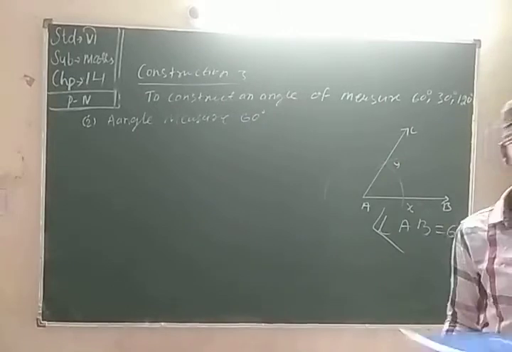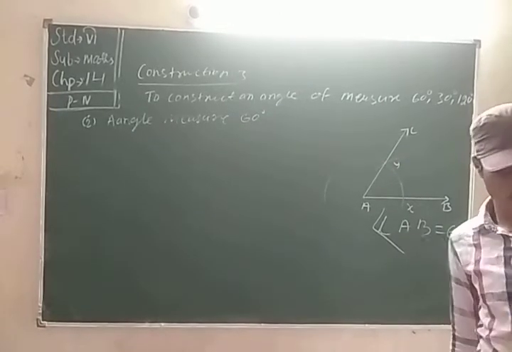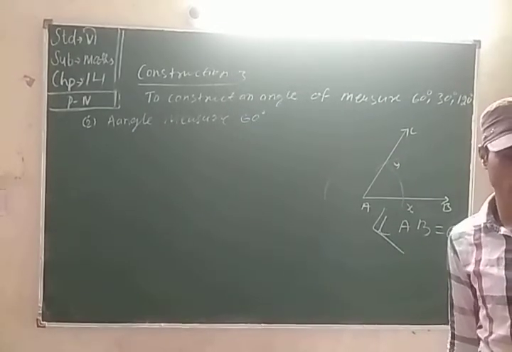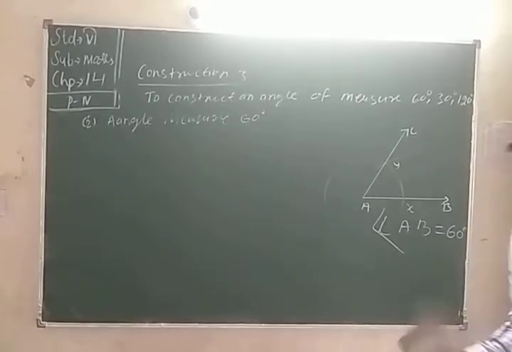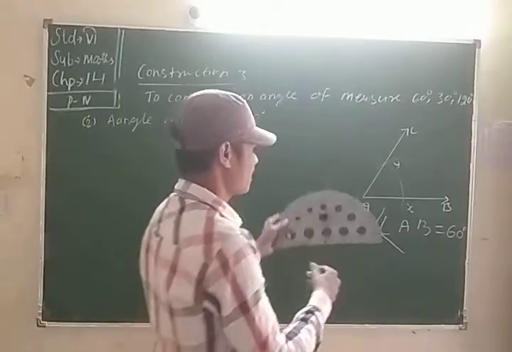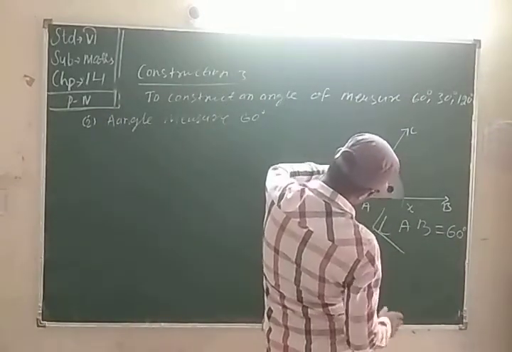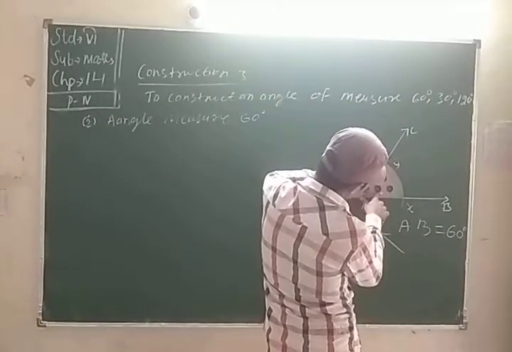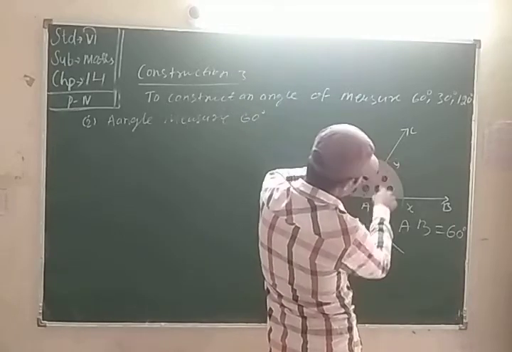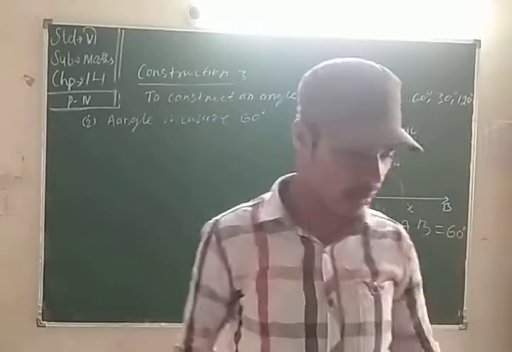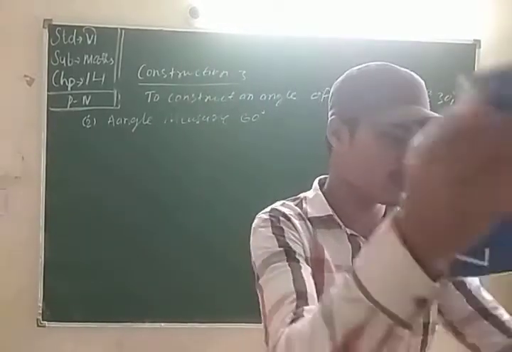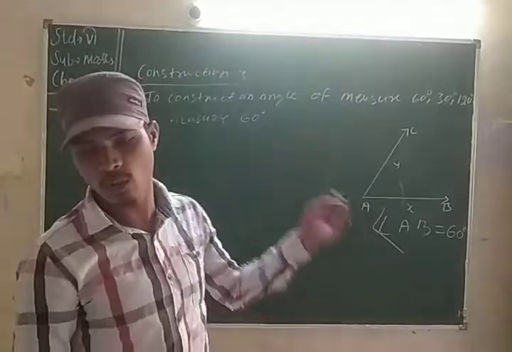Then you can also verify using the protractor. We know that in a circle, one arc equals 60 degree, another arc equals 120 degree. We can measure using the protractor. Here is the center point, and the line is exact. Here is the 60 degree. Now it is clear. And you can also measure using the protractor. How do we measure 60 degree? Now, one arc equals 60 degree.